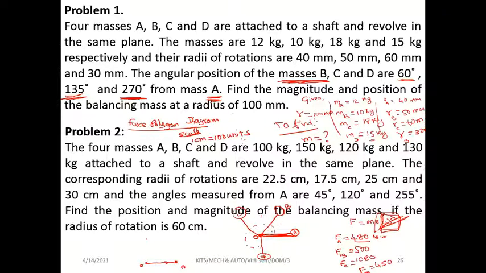Next, we have to draw FB. We have to draw the FB angle from this place, from the horizontal. What is the angle from the horizontal? I think it is a 60-degree angle. Draw the line. What is the line value? 500. 500 means 5 centimeters.